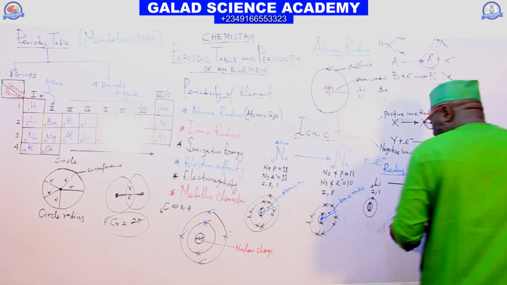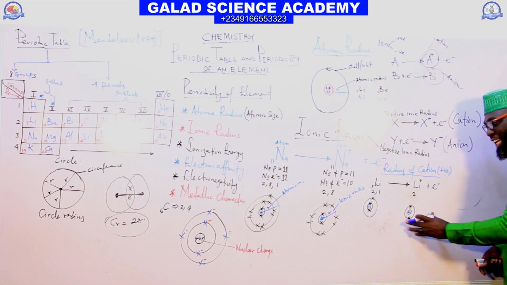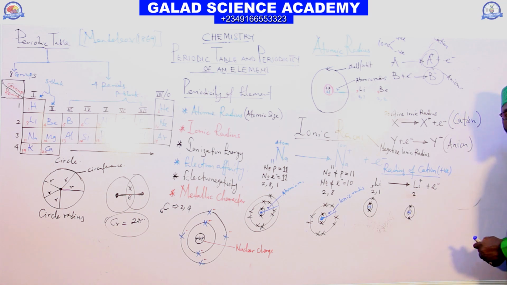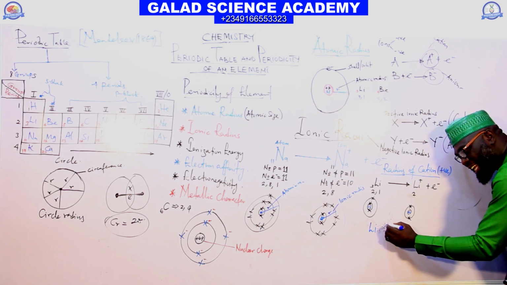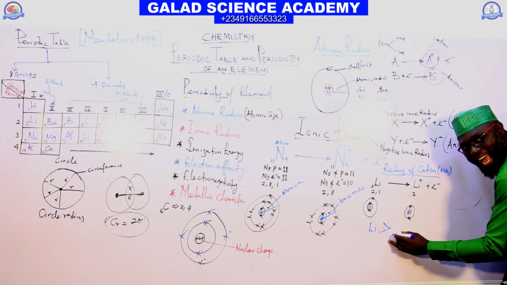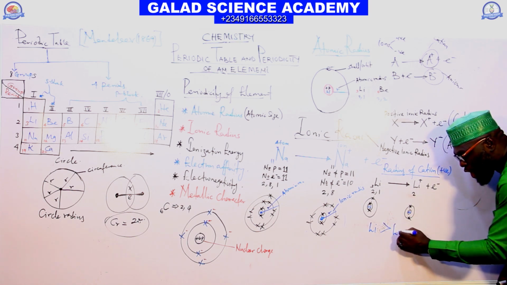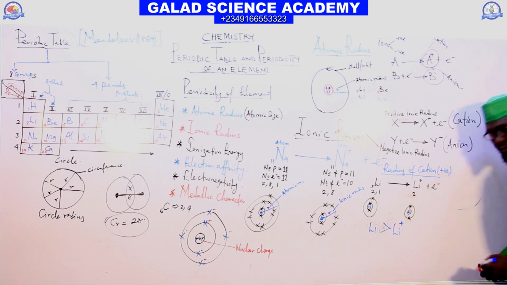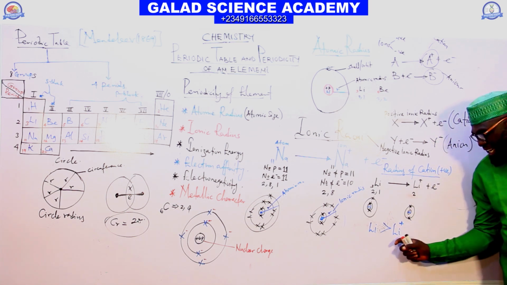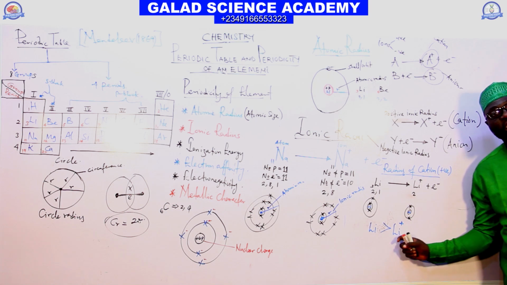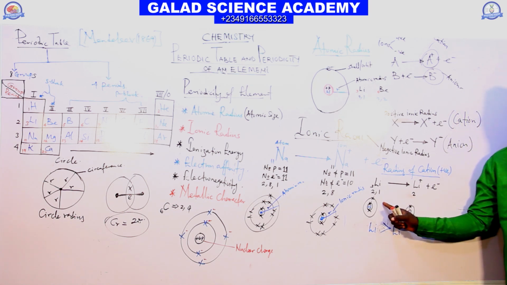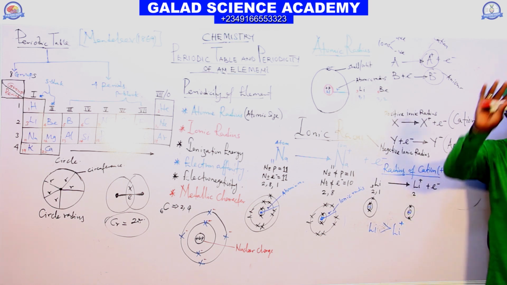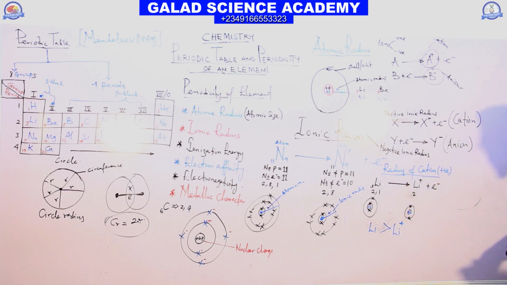So between the lithium atom and the lithium ion, which one has the bigger size? The lithium atom is bigger in size than the lithium ion. Because the nuclear charge here is more than the number of electrons in the atom's shell. This one has bigger size than this. But in the case of the second one,